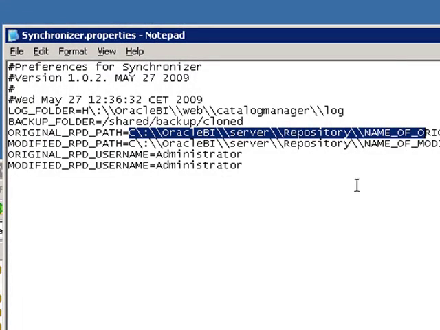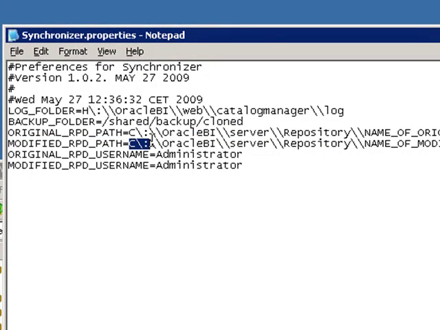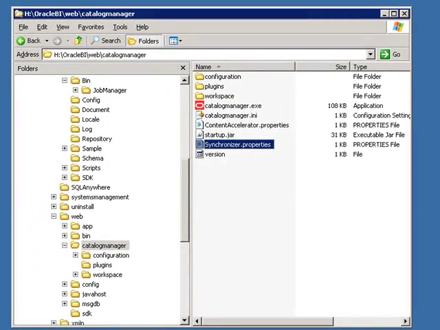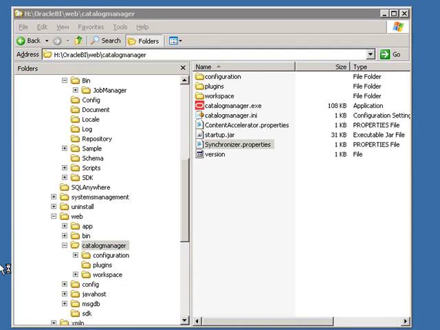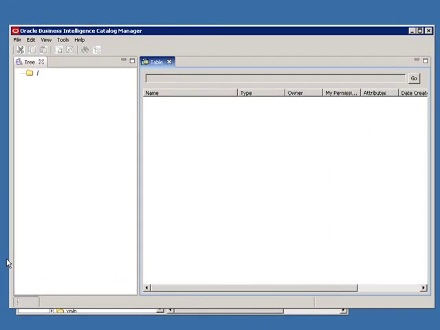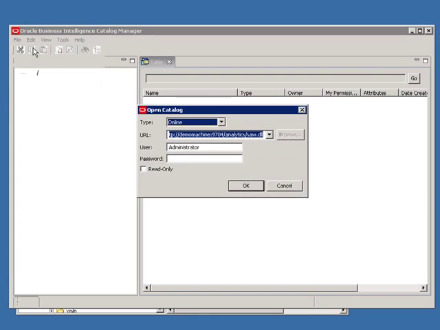Now you will notice that these other paths in here are pointed to C drive. Now what's going to happen is when I cycle through the process, these should automatically be changed. Now if they don't get automatically changed, I'll have a follow-up to this post, and we'll get that taken care of so that you're informed. Alright, at this point I'm ready to rock and roll. I'm going to go ahead, start Catalog Manager, and the way we'll just validate that CAF is correctly installed is that you should see a clone and synchronize command, which we didn't have before. So let's cross our fingers,